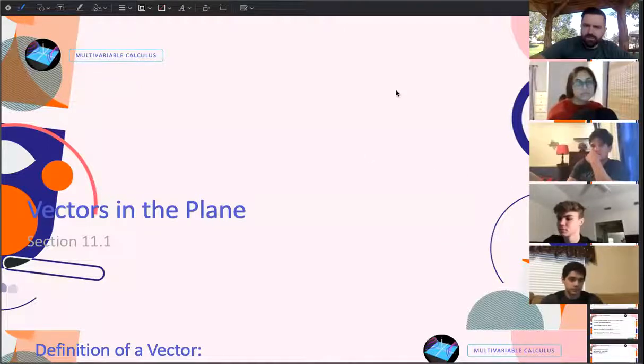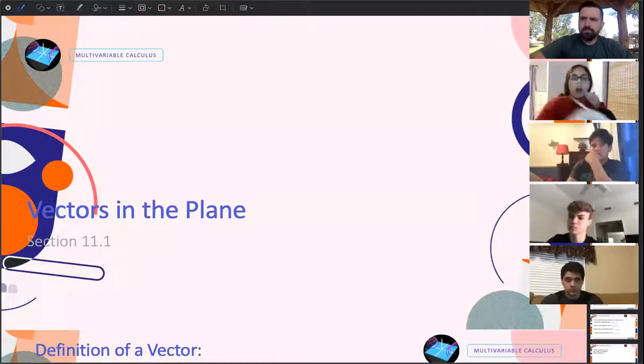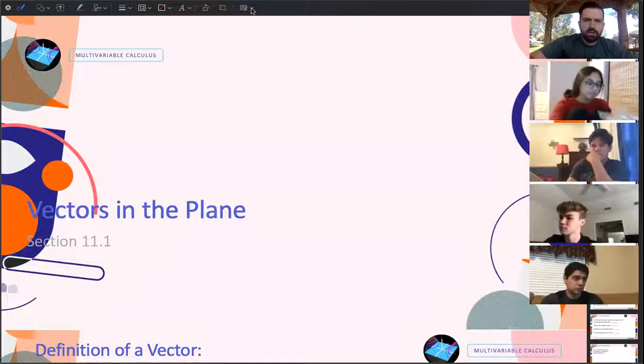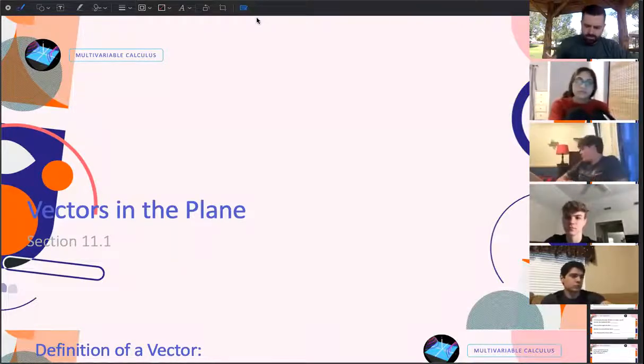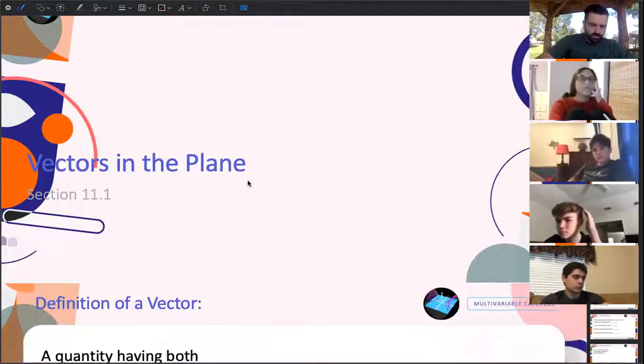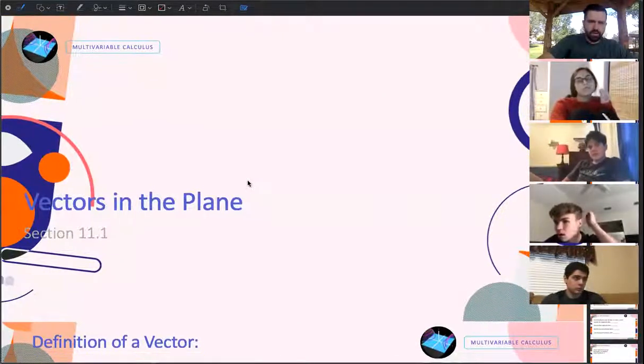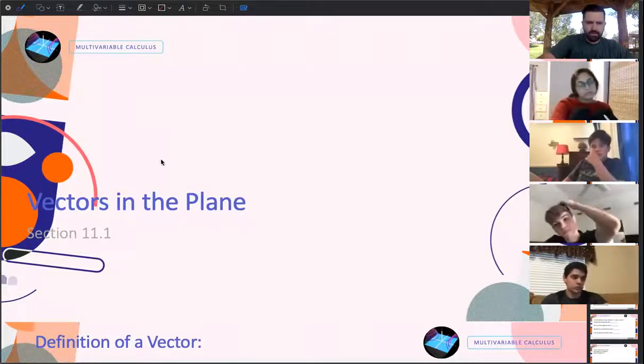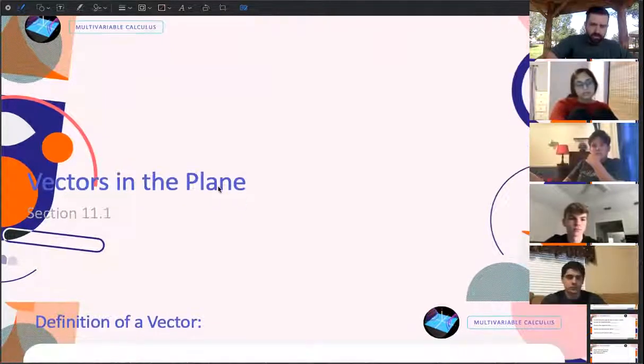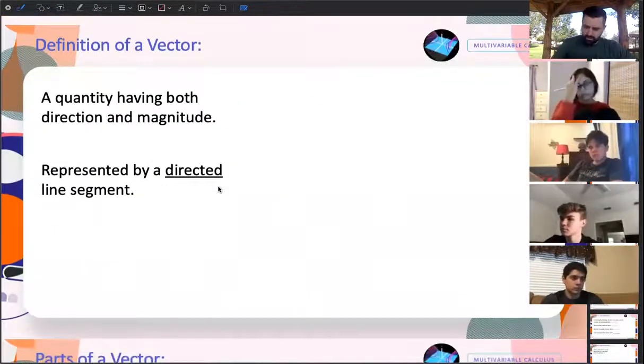So I am going to share here and see if I can. It hasn't worked great yet. See if this will work better here. All right, let me see. I'm gonna do this. Okay, and so hopefully you can see the notes here. It says vectors in a plane, all that stuff. So you guys see that? Okay, so let me see if I can make it work. It's not moving on my iPad. Oh, there we go. Okay, so